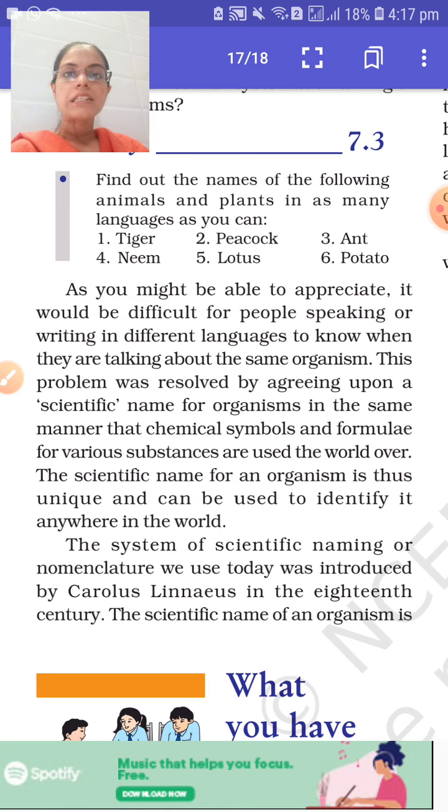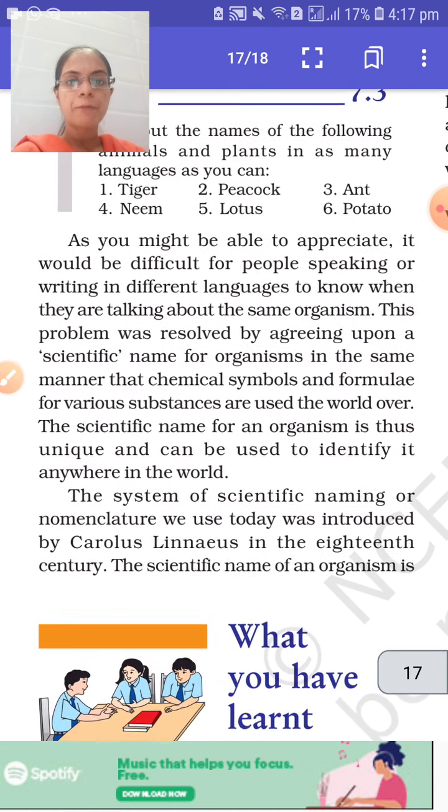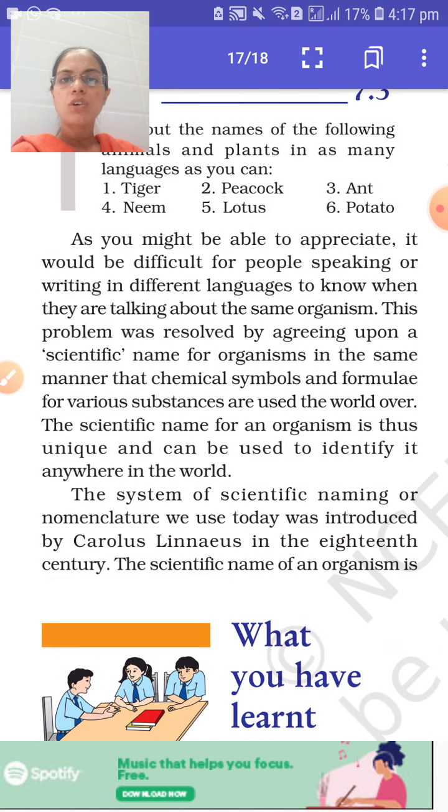For this, binomial nomenclature has been designed, in which the first name is the genus and the second one is the specific epithet, meaning the species name. See, I don't know this book. This will come in detail in 11th standard, but right now we are just having the intro of this topic.